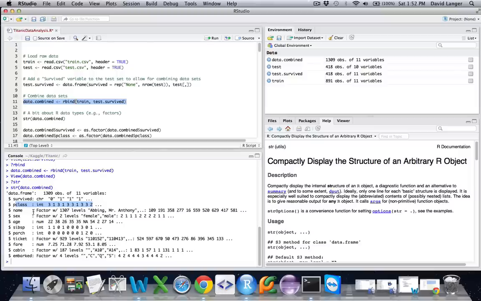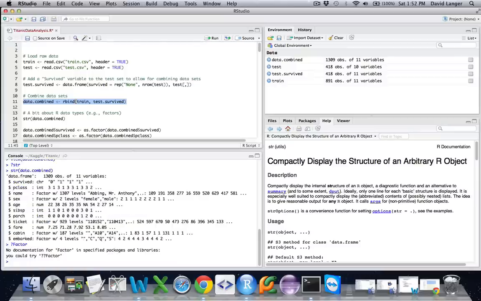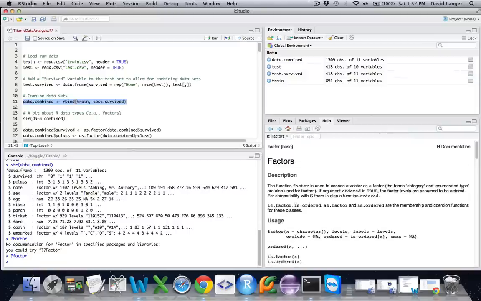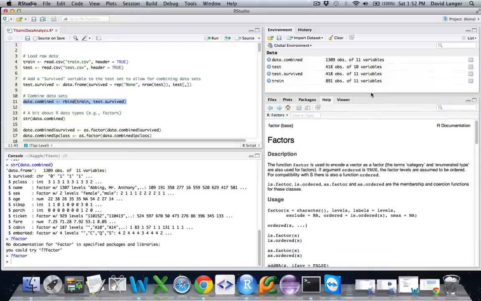And then we look at name, and we see this thing called a factor. And if you're not familiar with R, that may be a little bit confusing. So, hey, no problem. Let's ask the help system about factor. R is case sensitive, so apparently it didn't like capital F. Didn't know that, but it did like lowercase f. And you can see here the help system gives you some help on what factors are.